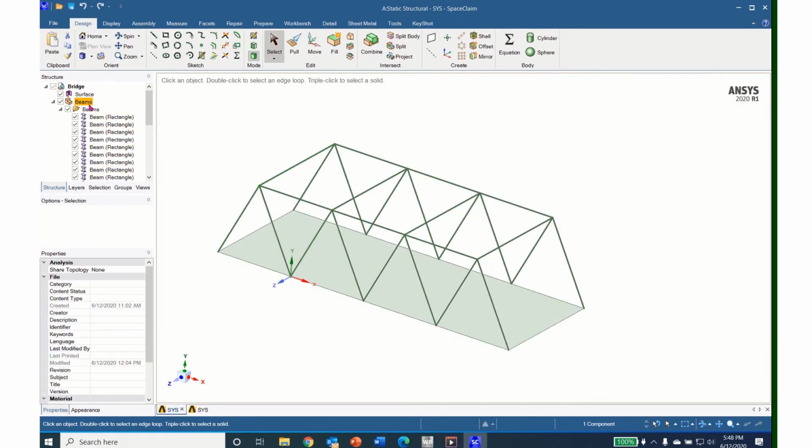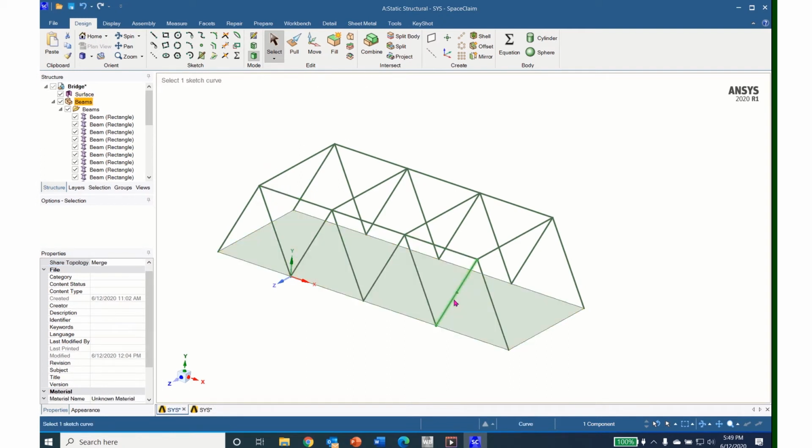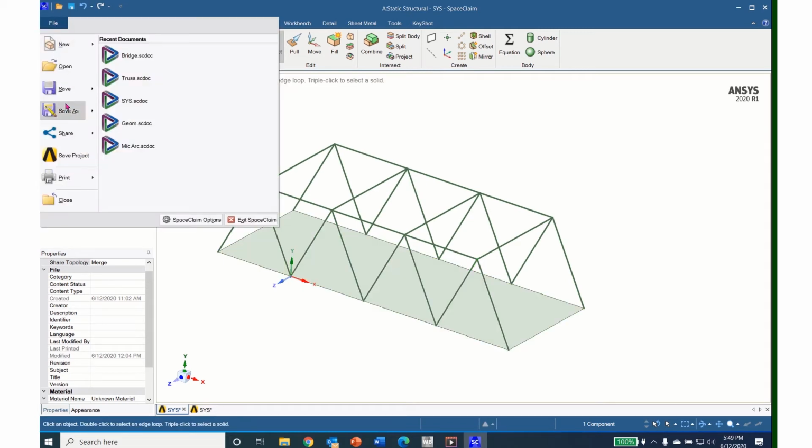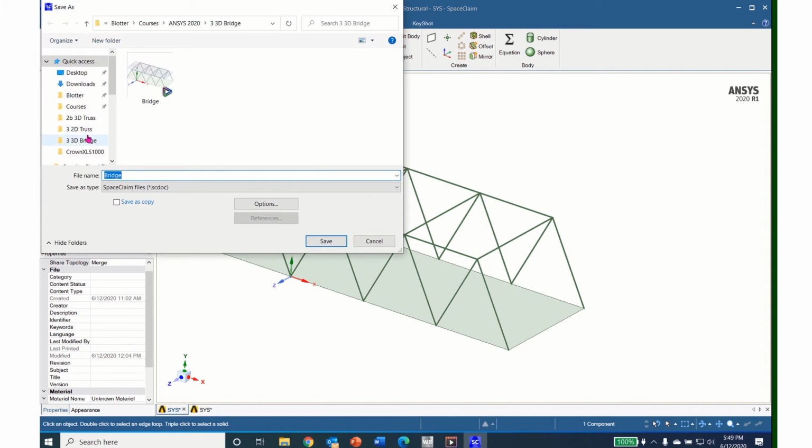After I've created the new component and named it, I need to drop down to share topology in the properties window and change that share topology from none to merge. That will let all of the beams be connected together and act as a truss system. I'm now ready to save this file and enter Ansys Mechanical. So I'll save it to the directory in which I'm working